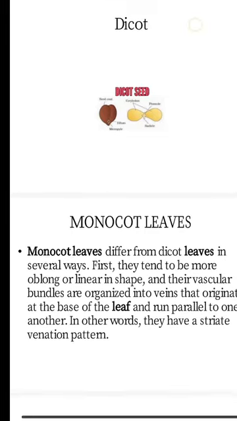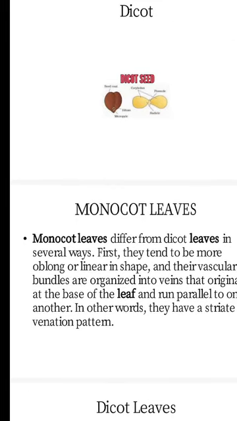And now we will talk about the dicot seed. The dicot seed has two seed leaves inside the seed coat. They are usually rounded and fat because they contain the endosperm to feed the embryo plant or new plant.